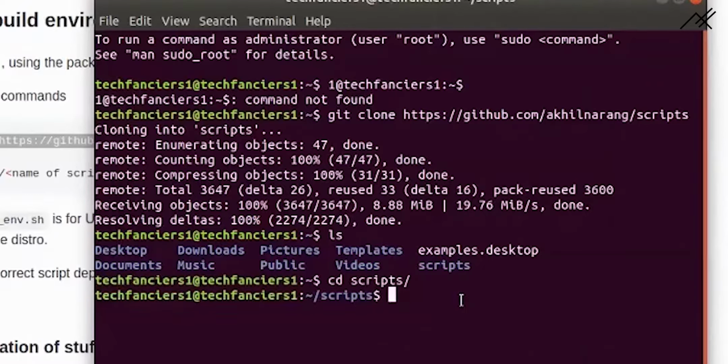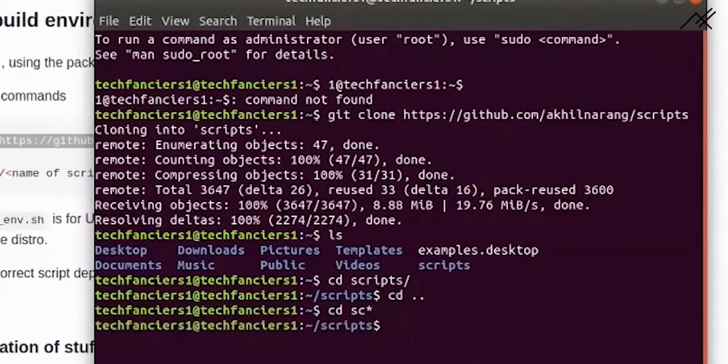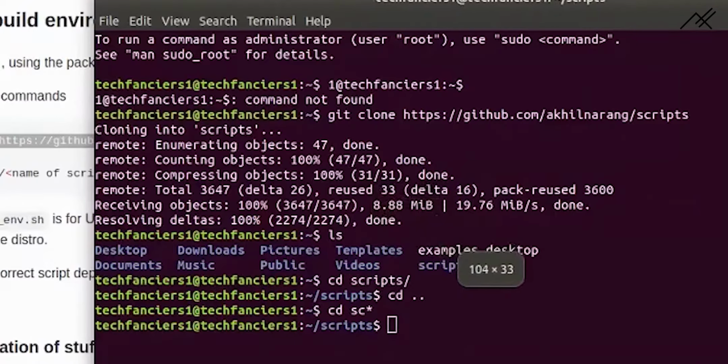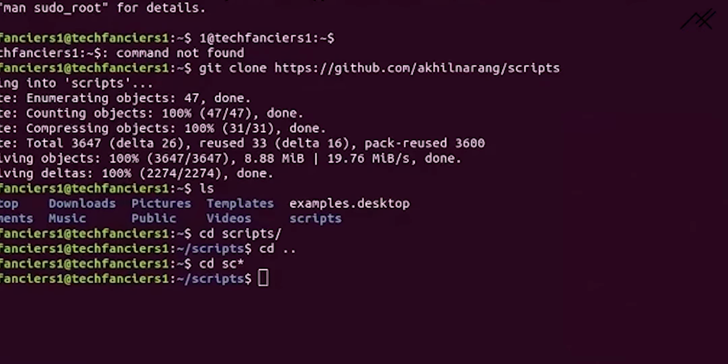If you want to come back, you can type cd space double dot and enter, which will go back to the upper directory. If I don't want to press tab, you can type SC and asterisk. This is the only file which starts with SC, so you can do it like that also. There are multiple ways to do these things.